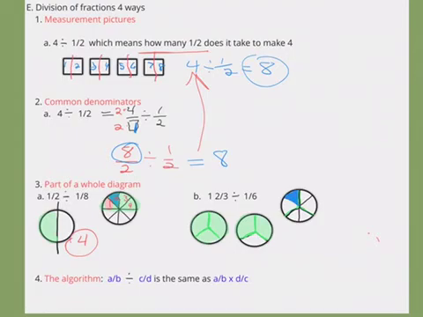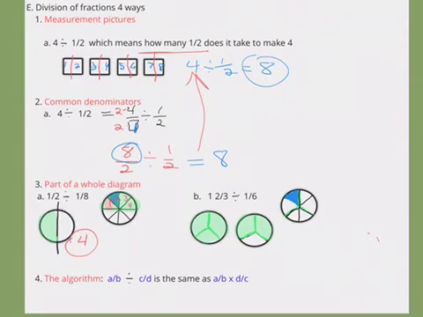So in problem B, I'm looking at 1 2/3, and you can see here I have 1 whole and I have 2/3 marked off, and I'm dividing that by 1/6. So I have another drawing here just so we could see what 1/6 looks like. So I want to figure out how many 1/6 are in 1 2/3,